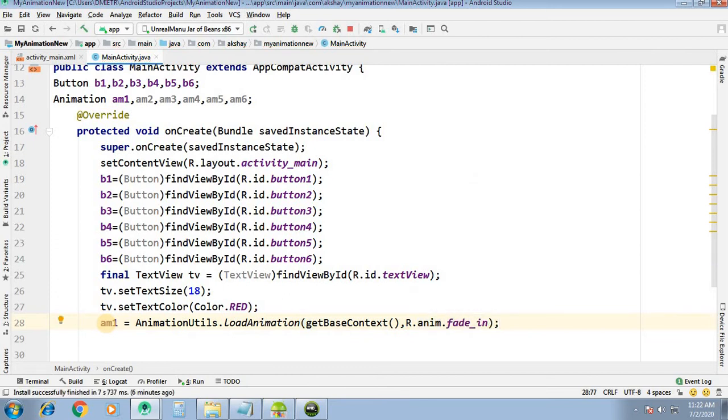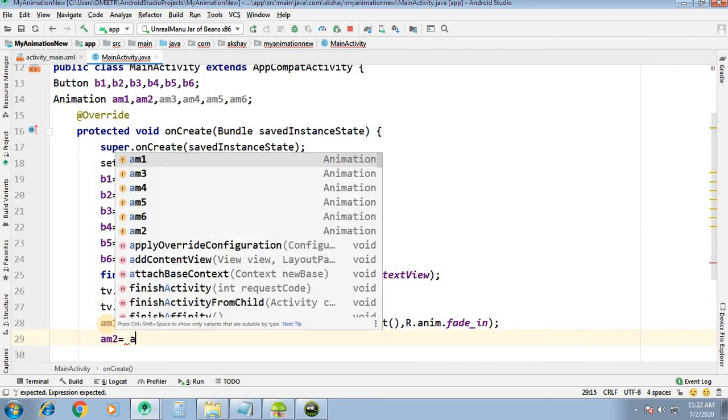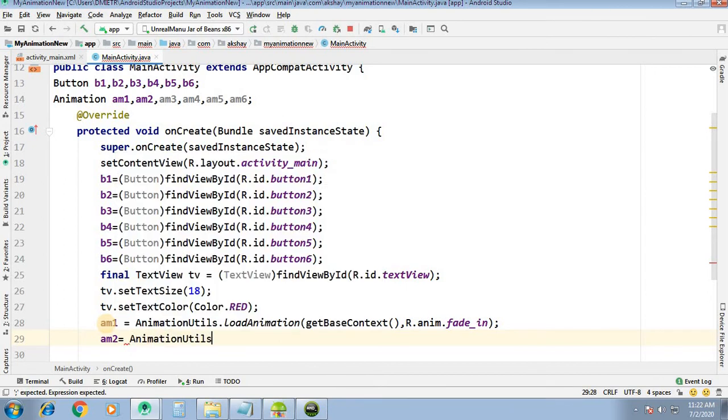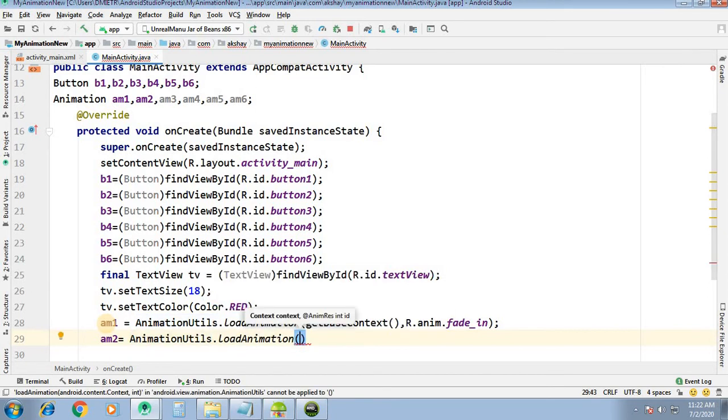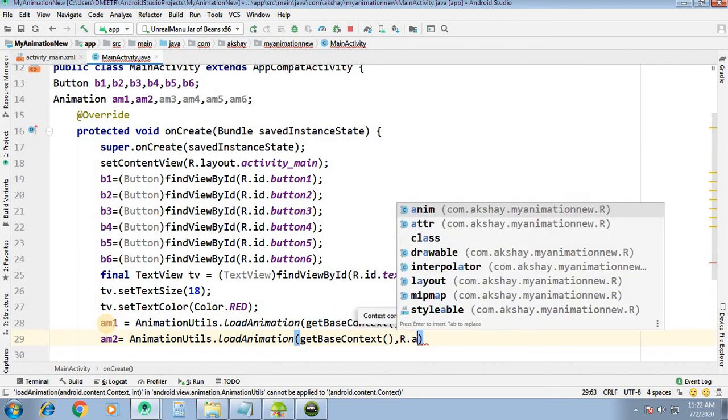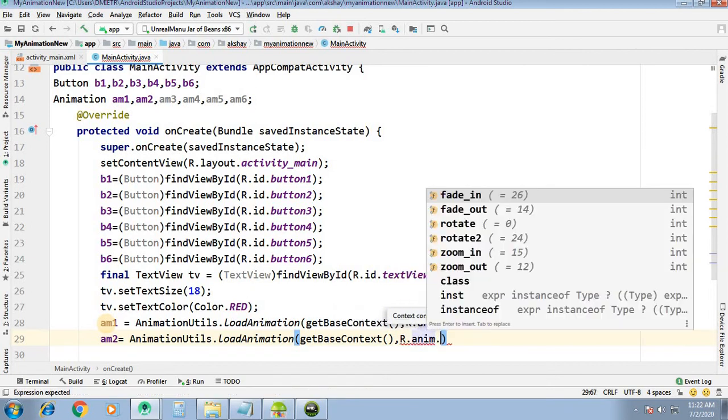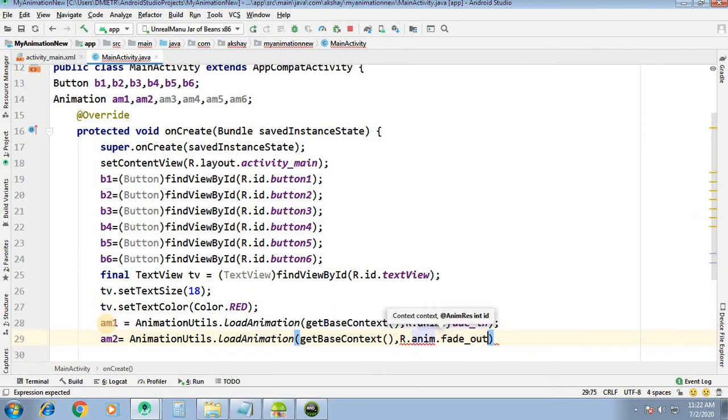Okay. Similarly for am2, AnimationUtils.loadAnimation, then getBaseContext(), then R.anim dot, now fade out.